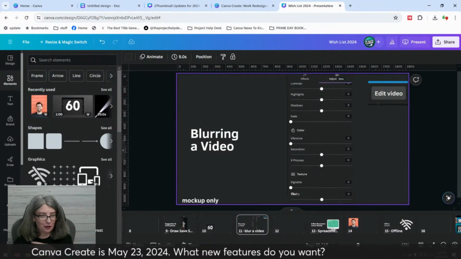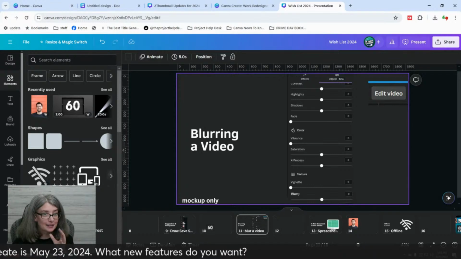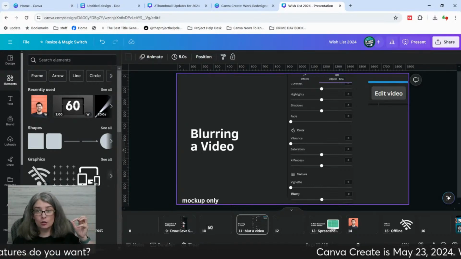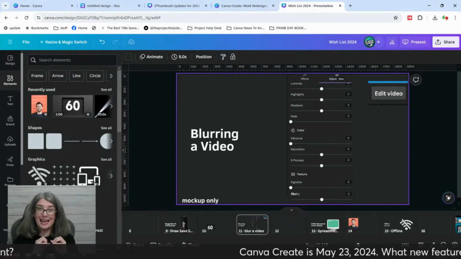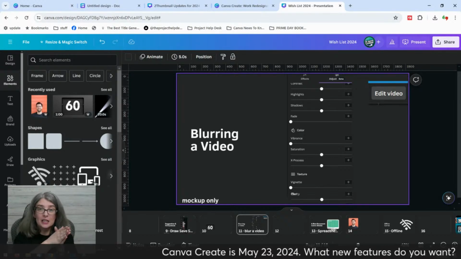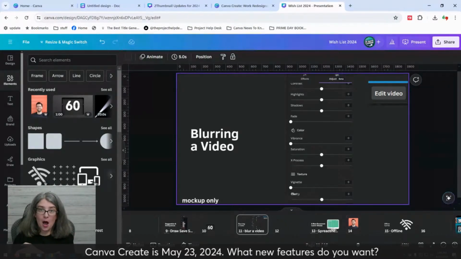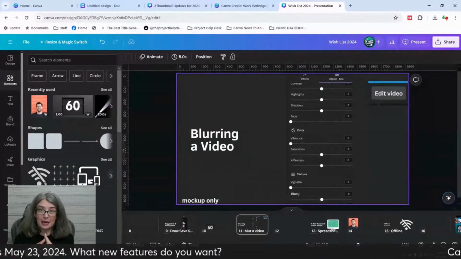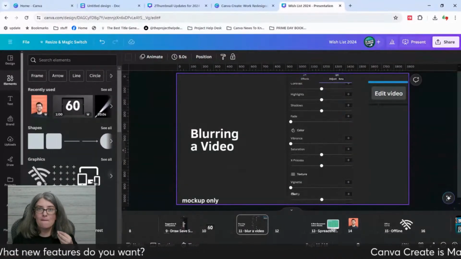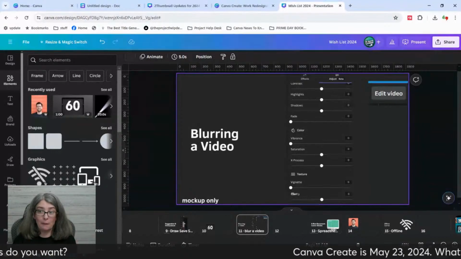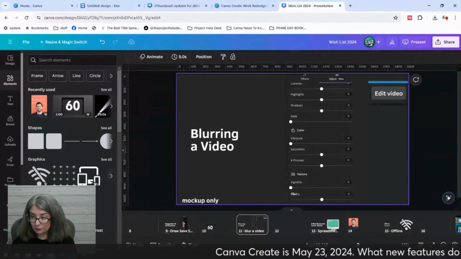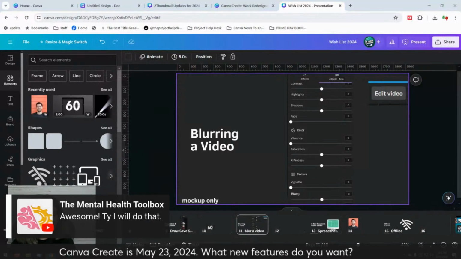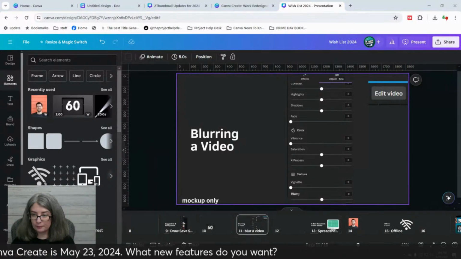But yes, that is a great place to go: go to that form and send them your request. Be as specific as possible, and if you can, even make a mock-up, because that helps them visualize it and see how important it is. All right. You are very welcome.